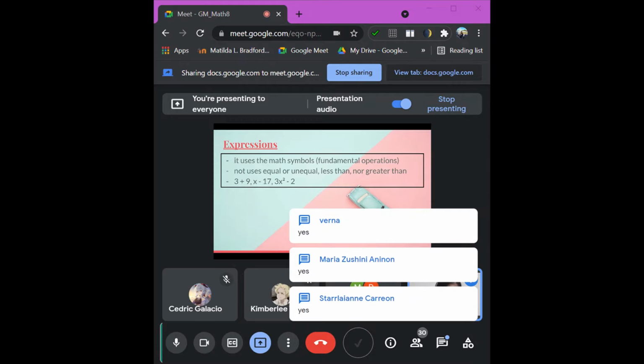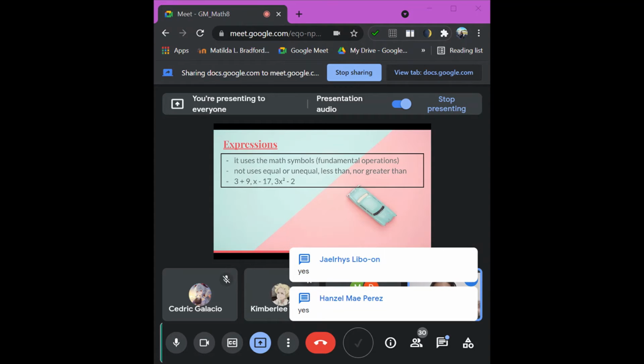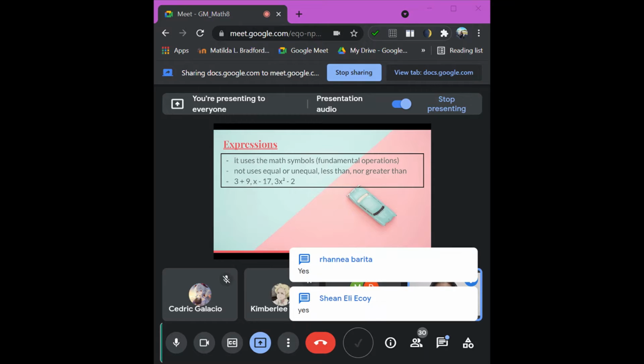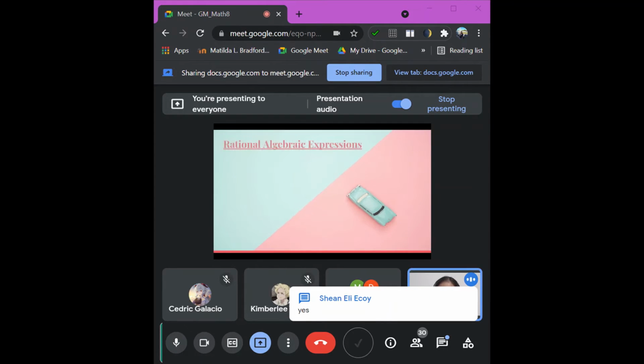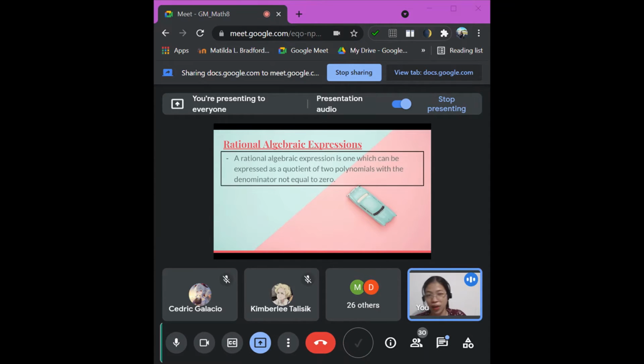Okay, that's great. Very good. So this time, teacher, ato na ni siyang ato na yung subtune kung unsa gyud na ang word nga rational algebraic expression. So when we say rational algebraic expression, okay, please read